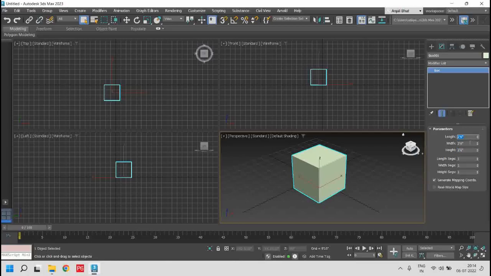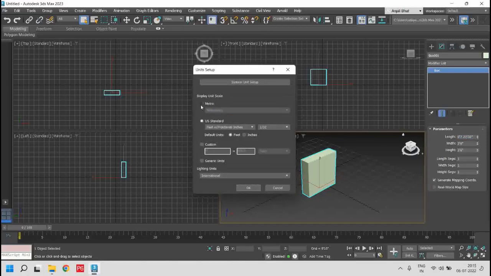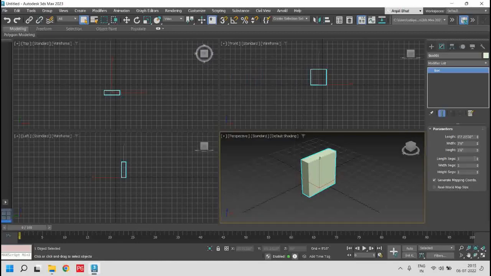And one more thing is we can change this to millimeter or centimeters also. If you know the value of any dimension in mm or centimeter, I can just type cm here. So you can see that the software will automatically convert our centimeter into feet and inches. So depending on your project or the plans, we can always set the units here. At any point, you can edit the parameters in the Modify.